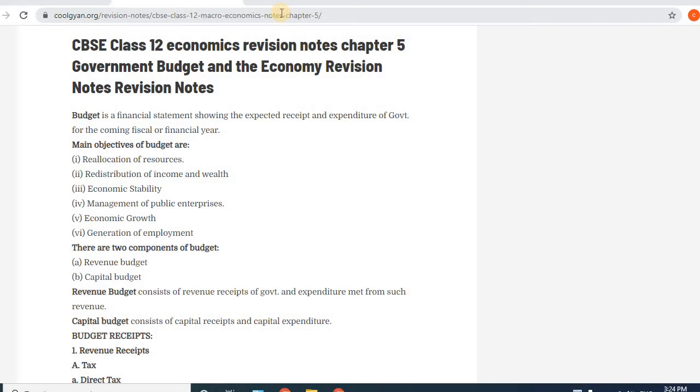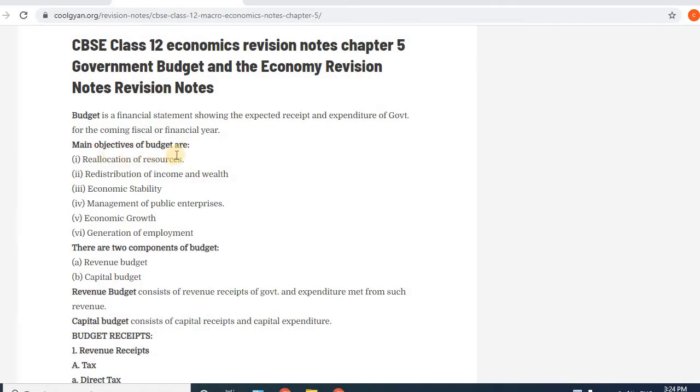Now we will see CBSE Class 12 Economics Chapter 5 Government Budget and Economy Revision Notes. Budget is a financial statement showing the expected receipts and expenditure of the government for the coming fiscal or financial year. Main objectives of budgets are